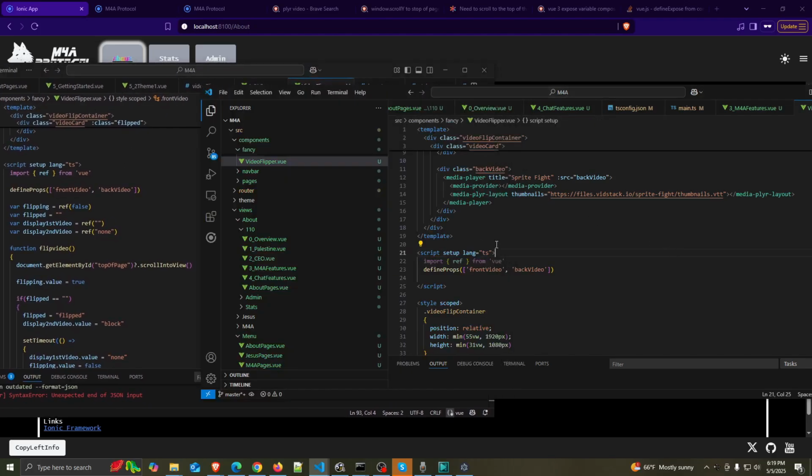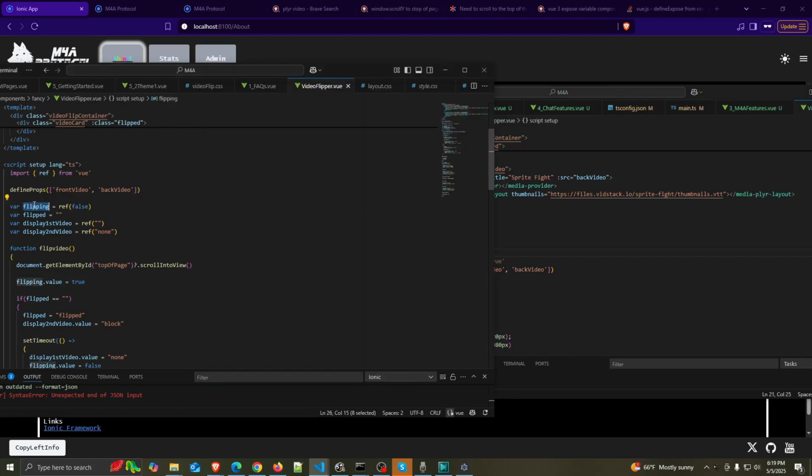Okay, so this flipping variable is what's going to tell us if the video is currently being flipped. The reason that we have this for true and false is basically so that a user can't keep pushing the button, because if you push the button while it's in the process of flipping, it makes weird things happen. So that's basically just saying that it's in the process of flipping, and we use this to disable